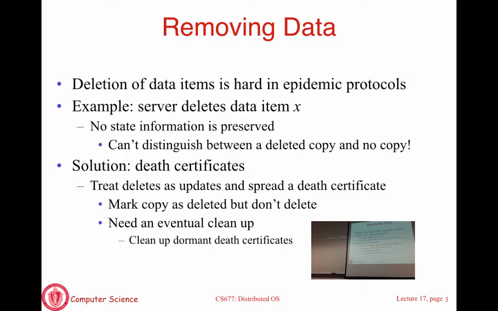This often happens when some people delegate or provide access to a calendar to their administrators or secretary, and you put an appointment at some time, and your secretary, not knowing that you made a booking, also puts an appointment at more or less the same time. Then there is a conflict, because when you make this change, you don't know what else has happened in the system. So in all of these epidemic protocols and eventual consistency, write conflicts can still occur. In general, if you make modifications to different data items, those changes will propagate and everything will sync up. But if you make changes to the same data item while these changes are still propagating, you're going to get a write conflict.